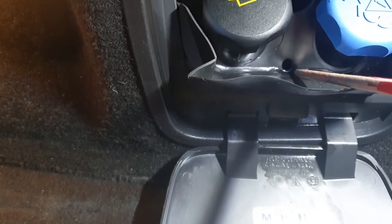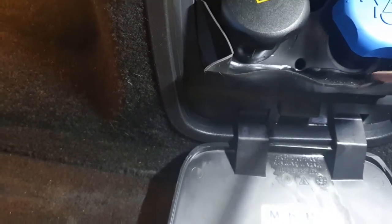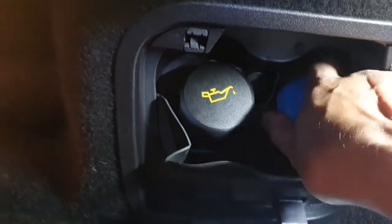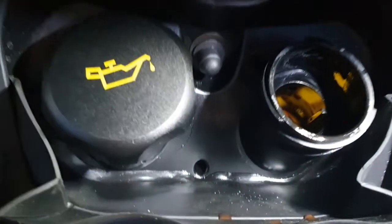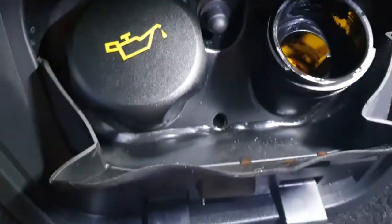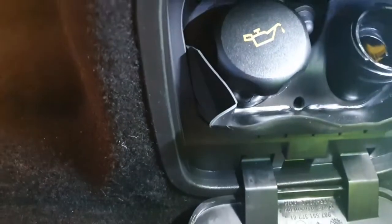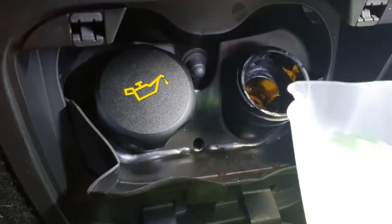Over here is a little drain. Now this needs to be checked every so often to make sure it's connected and it's free flowing. If you're going to put oil in there, just always check that because it does get messy if you spill it. So we're going to open this up. The car engine is cool, and look down into it, and you can see a max line, and below that max line is a minimum line, and it's just sitting shy of it. So I'm going to add my pre-mixed liquid in,